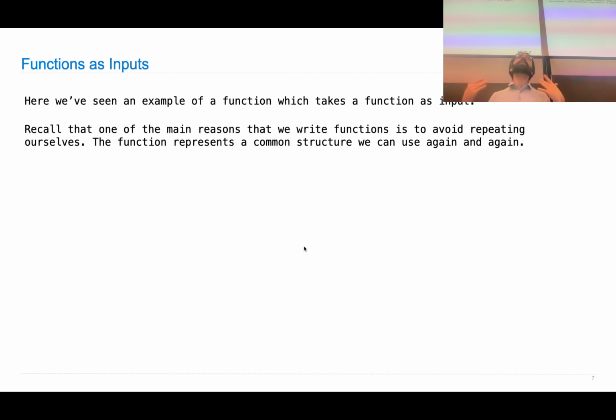Now, as I just said, one of the main reasons that we write code is to capture abstractions we can use again and again. So when we write a function, we're trying to capture something. We don't want to repeat ourselves. We want to have one piece of code that can do anything that is useful to us in some specific domain. And actually, one of the hardest challenges whenever you write big programs is figuring out what are the things I need to abstract? What are the functions I need? I'll give you an example at the very end of the lecture today that's quite tricky. So the function that we're writing, it's some common structure that we can use over and over.